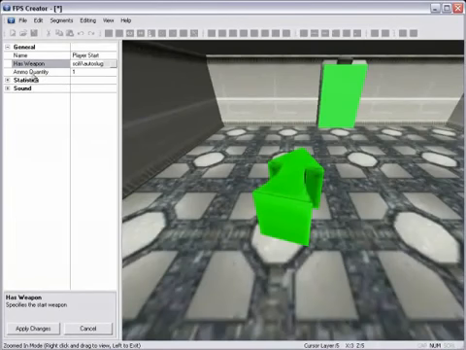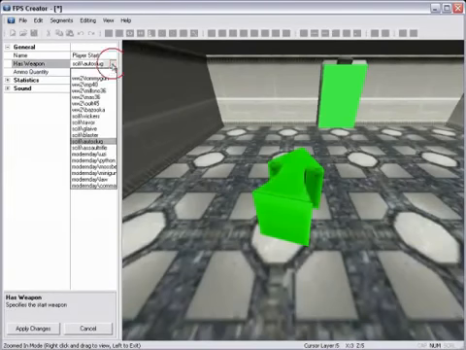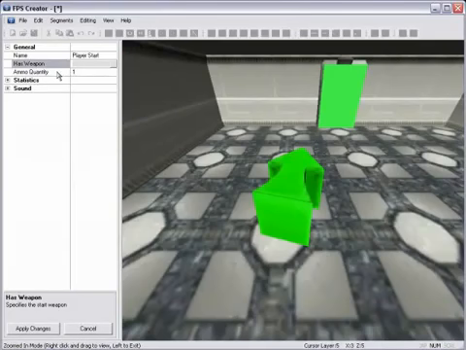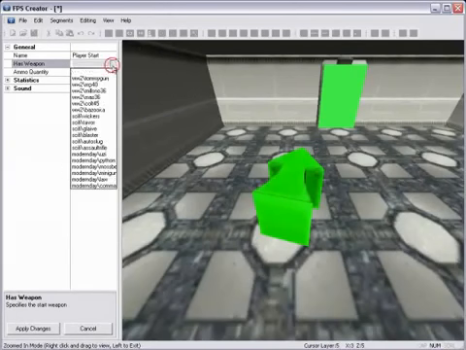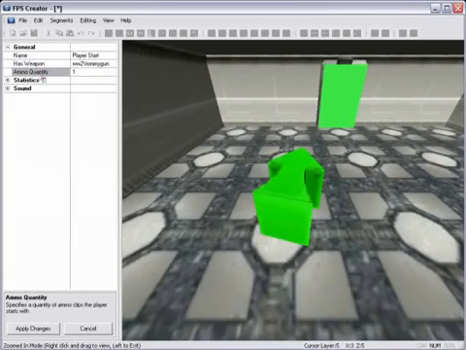Underneath that, you'll notice we have ammo quantity. This is the number of clips that the player will start out with. If the player does not have a weapon, the ammo quantity does not take into effect for anything. However, if you assign the player a weapon, say a Tommy gun, and you give an ammo quantity of